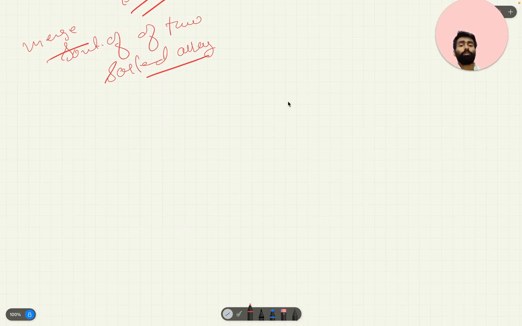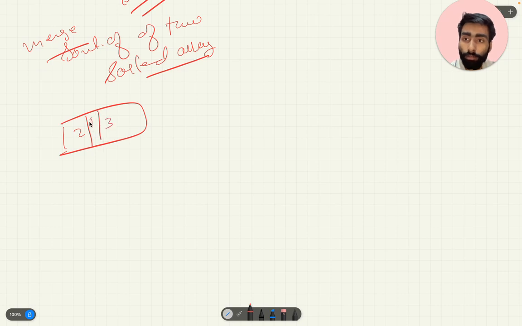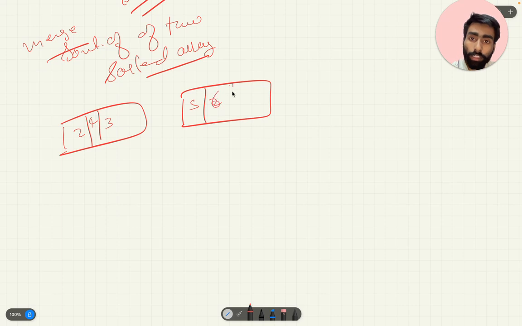So how do we do merging of two sorted arrays? We will check which one is greater in the first element of the sorted arrays.